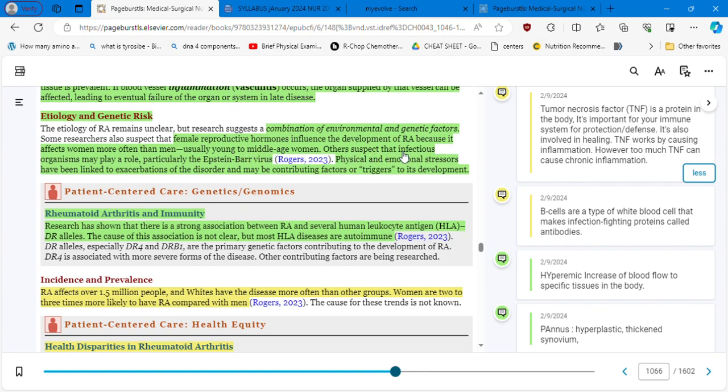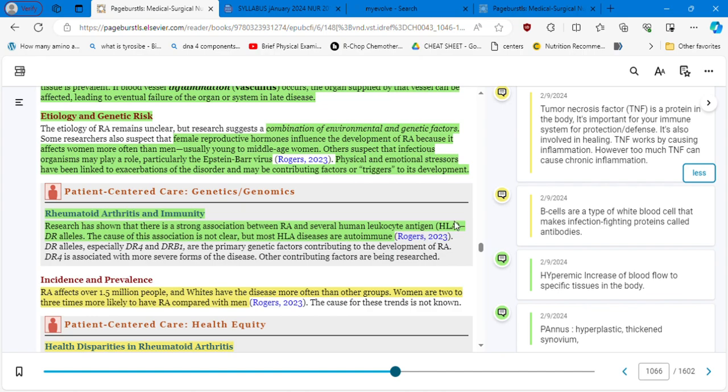Others suspect that infectious organisms may play a role, particularly the Epstein-Barr virus, the one that causes mononucleosis. Okay, I think we spoke about this at some point in the nervous system chapter, right? Epstein-Barr virus. Physical and emotional stressors have been linked to exacerbation of the disorder and may be a contributing factor or